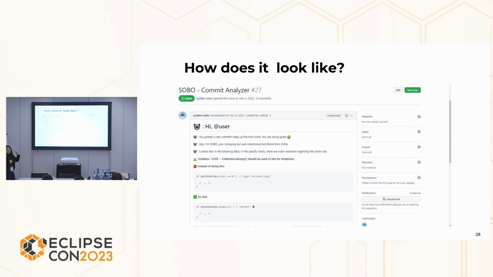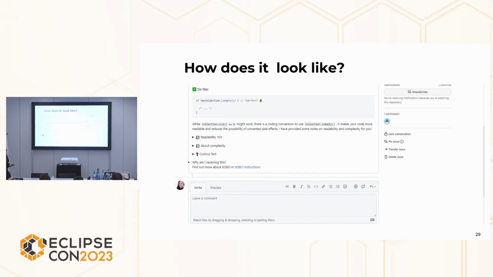In terms of the commit analyzer, which means the automatic feedback, it sends them a message. So, hi user, I found this. This is how I can fix it. I will explain a bit more about the feedback itself later. And yeah, so it gives a big comment, and the student can actually see it. As you can see, it says that who made it is the bot.